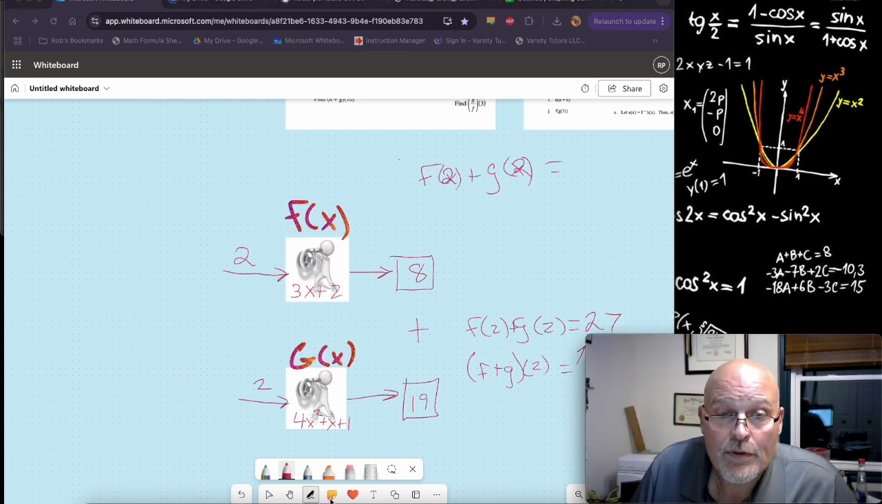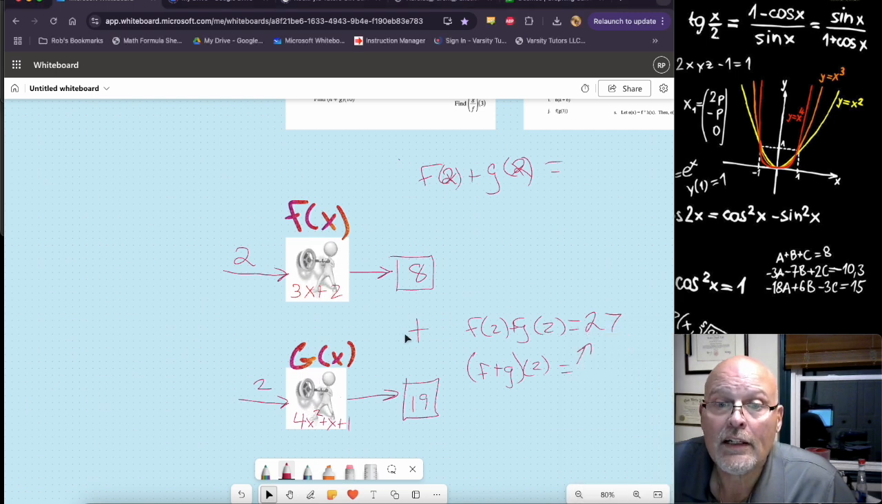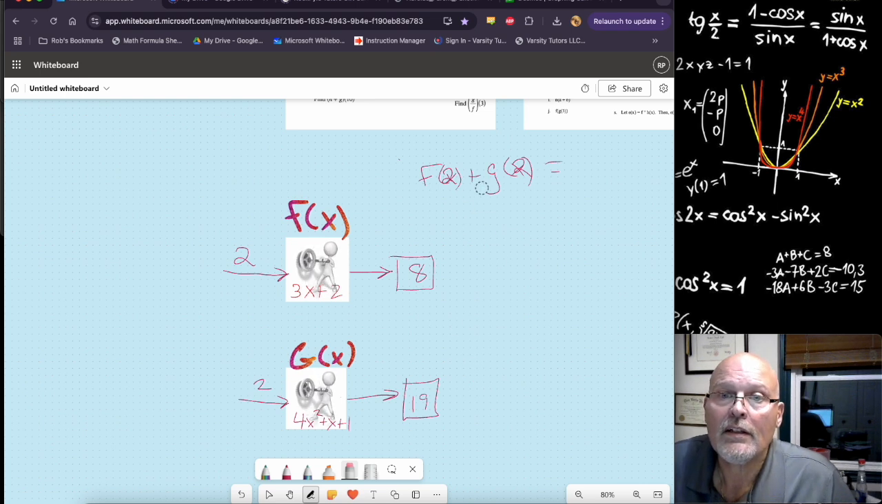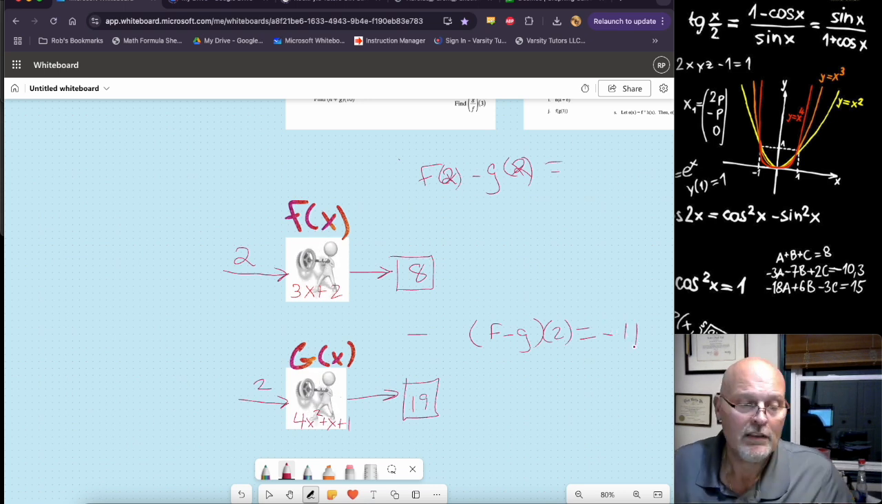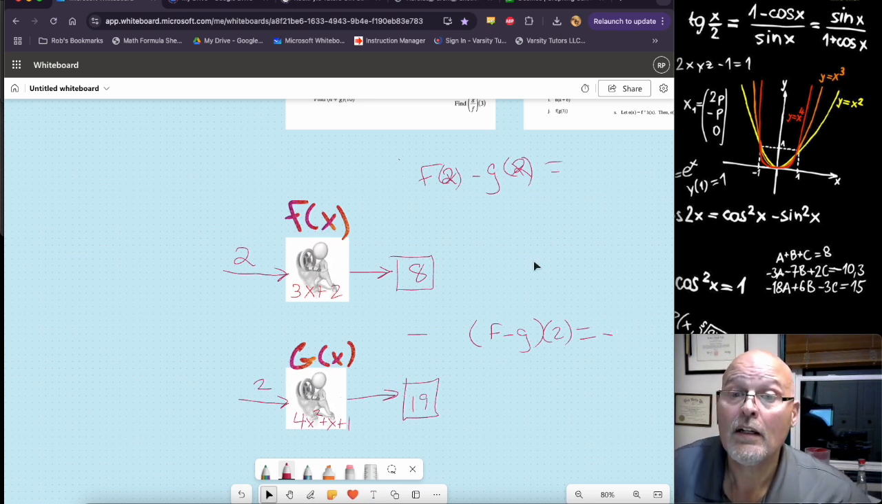Now we can do this with any of the operations, and so now we're going to take a look at what happens when we subtract things. All right, so if I do f of 2 minus g of 2, or f minus g of 2, instead of adding, I'm going to subtract. So the way it's written, it's going to be 8 minus 19, which is negative 11. Right? We do the same thing with